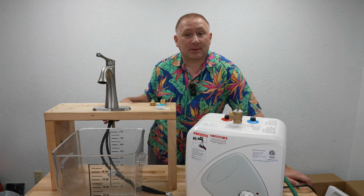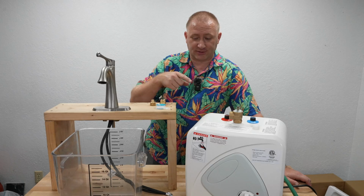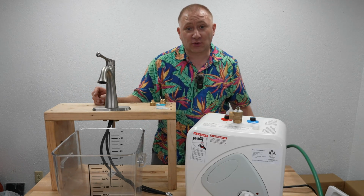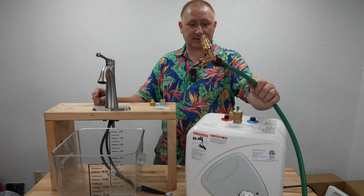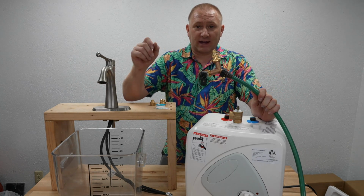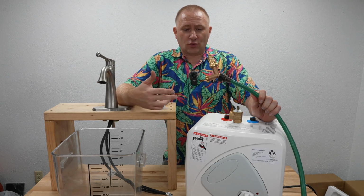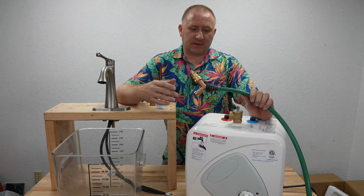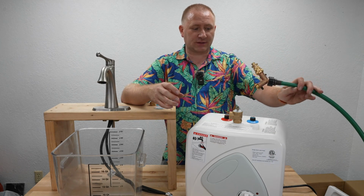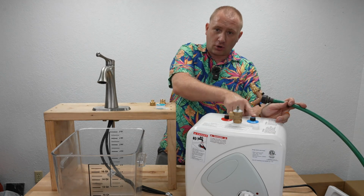So I made a quick setup, and I'm going to do some adapters on this to kind of indicate what's coming in. So my cold water source coming in is this, just a garden hose in this case, with a Y on it, so I have two outputs. Now you could put a T, you could put a bunch of different things, but this is going to be my point source of water. My garden hose is going to connect to the cold water input